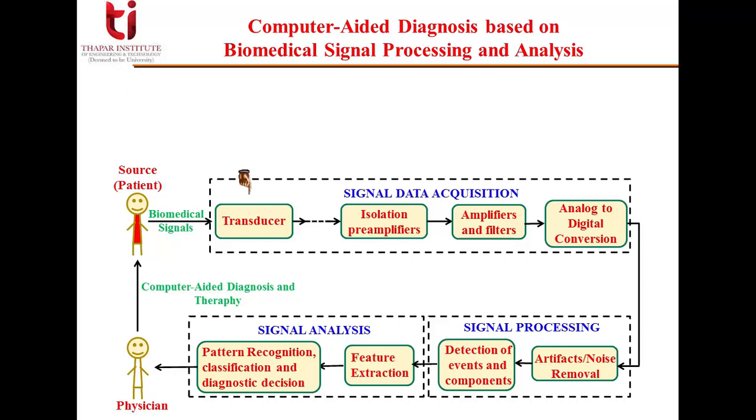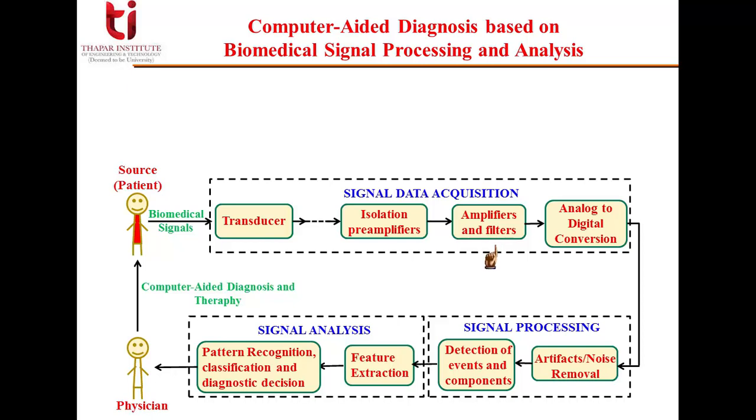Now next is the isolation amplifier. As we have connected the human subject, meaning the patient, with the electrical signal, there is a need of isolation so that even by mistake the electrical potential of the instrument is not injected back to the patient. So we should have isolation amplifiers. It will also do the job of amplification of the signal along with providing a weak link if a high potential comes in. The isolation amplifiers are followed further by amplifiers, maybe amplitude or voltage amplification, and filters.